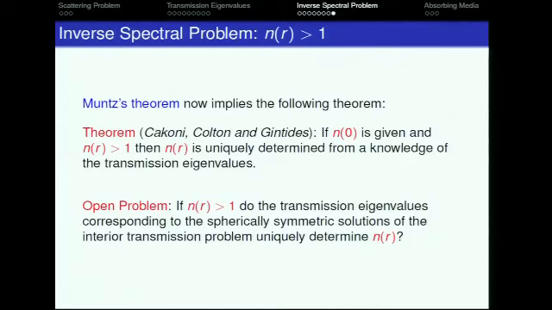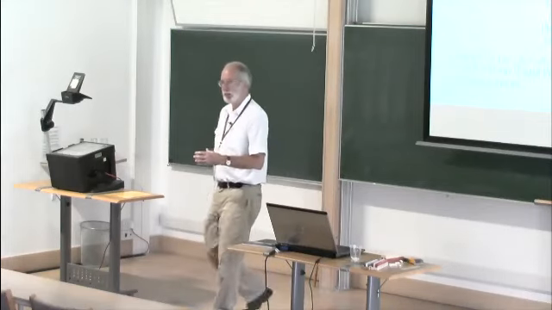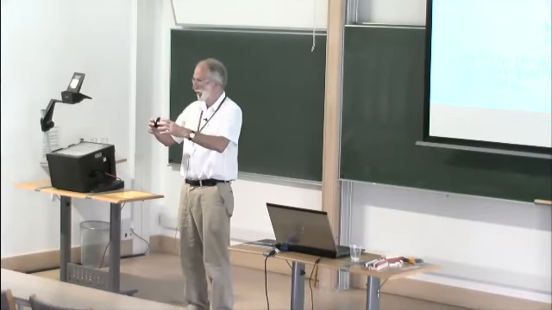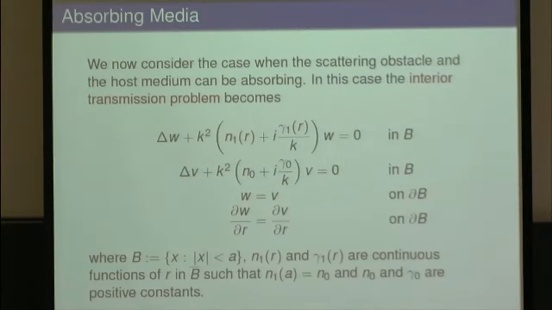So for the time being, that's all I want to say on that problem. And I want to finish with the case of absorbing medium, which is even more non-self-adjoint, right? Because now we're going to allow complex coefficients. So no one would argue that this problem is not self-adjoint. So in other words, this would correspond to the scattering problem where you have a medium which has absorption and it's placed inside another absorbing medium, which we'll assume is constant.